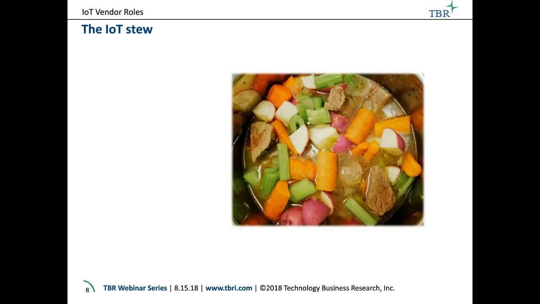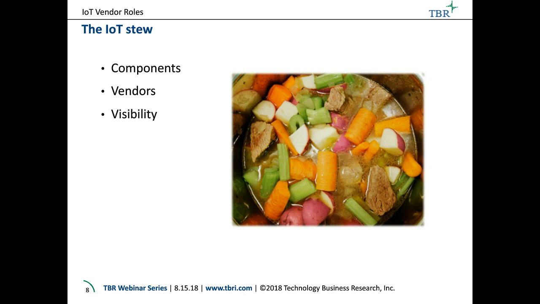Now we're going to talk about something I've talked about before, which is how every IoT solution consists of a number of components from multiple vendors. I originally called this a chain to talk about the value chain, but it's really not a chain. There's no beginning and end. It's really more of a stew. And the metaphor plays out in a number of ways. So we are talking about components. Again, remember that includes services, including prime contractor services, managed services, cloud services, all services. There are different components in any given solution. They come from different vendors.